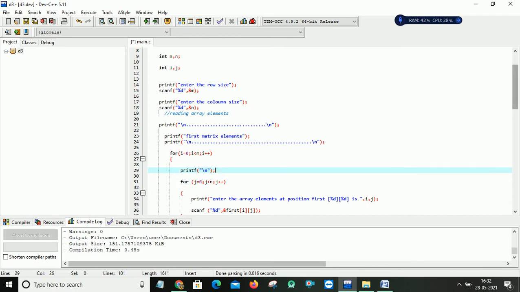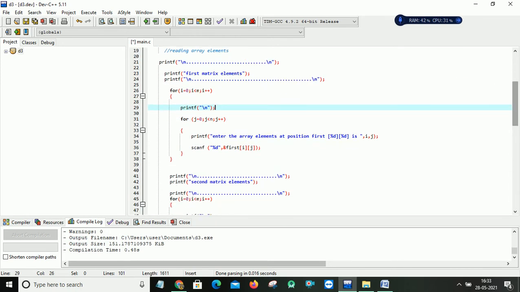After that I ask the user to enter the array element at each position of my first array, that is the ij position. It will take the 0 0 position first, and after that 0 1, 0 2, like that. It reads the values from the keyboard using a simple scanf statement. In that scanf statement I used %d because my first array is of type integer, and I am using an ampersand symbol before first of ij to take the element at each and every position.